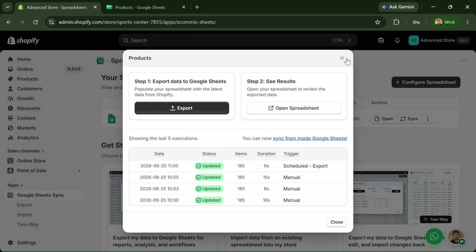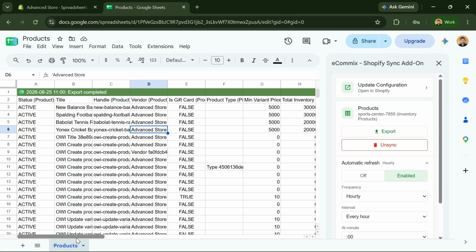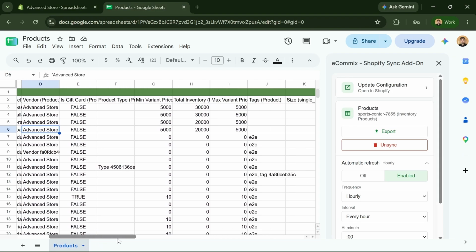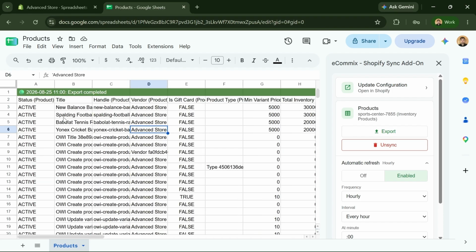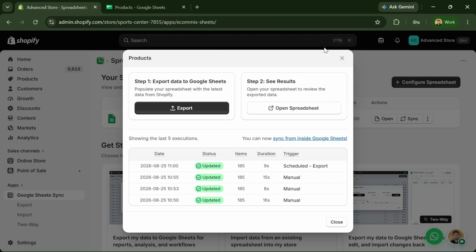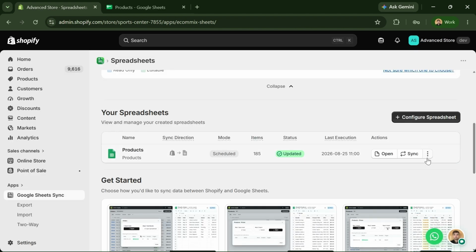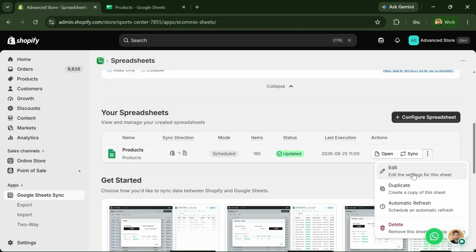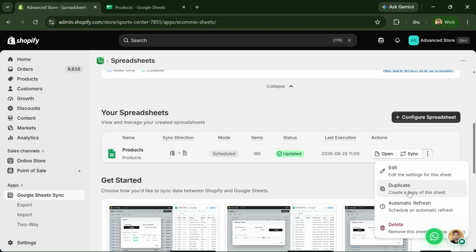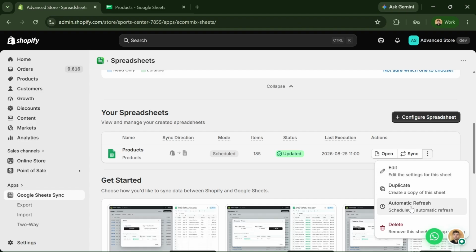All right, so what if we come here and see that maybe we're missing a column, or something that we want to see is not showing up? We can always edit the spreadsheet configuration. You can do so by clicking on the 3 dots here. You can edit the spreadsheet, you can duplicate it, and you can go straight to the automatic refresh. So let's click on edit,